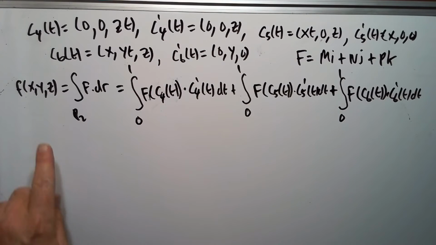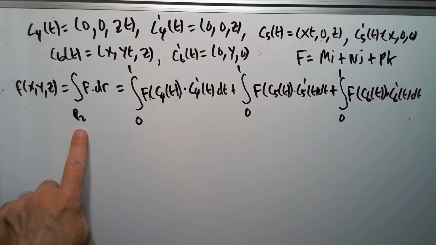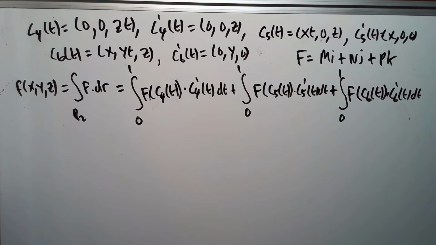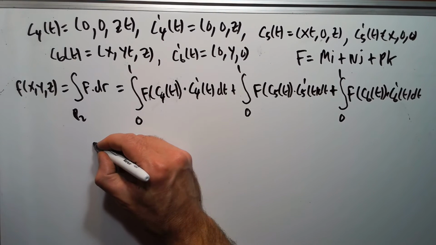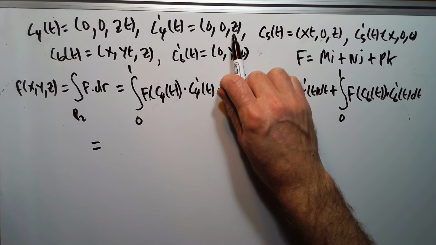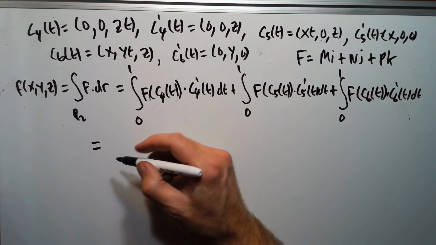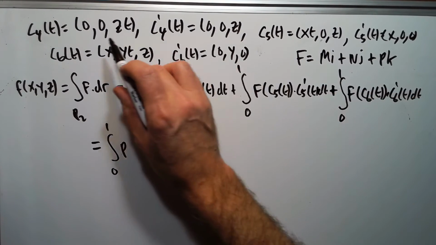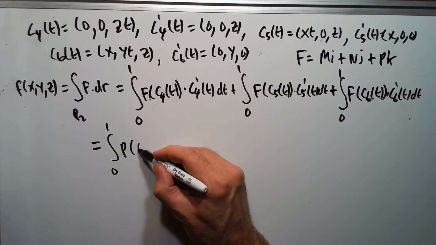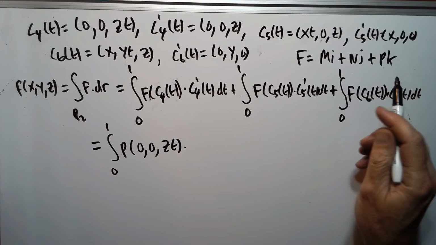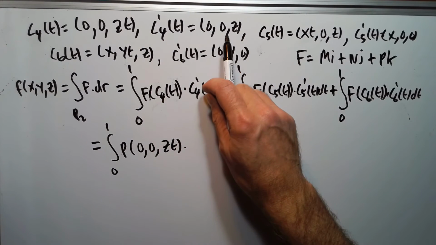Okay, so we can say that small f equals the integral over P2, because again, by property 2, or condition 2, the integral over P2 and P1 are the same. Okay, so let's do this integral here. The C4 prime guy is picking up just the k component here. So it's going to be the integral from 0 to 1 of P evaluated at (0, 0, zt), times C4 z